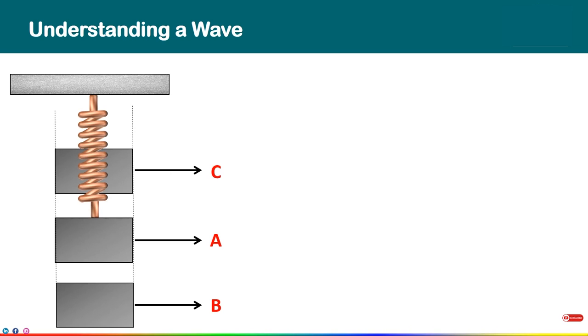At this position C, the tension T decreases, so the weight will fall towards A again. As the weight is moving with a certain velocity, it will overshoot A again and move towards B. The weight moves from A to B, B to A to C and C to A, and the whole thing repeats again and again. This movement of weight can be plotted on a graph as shown here.